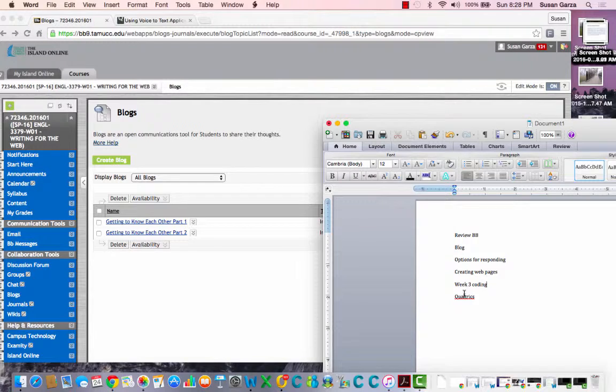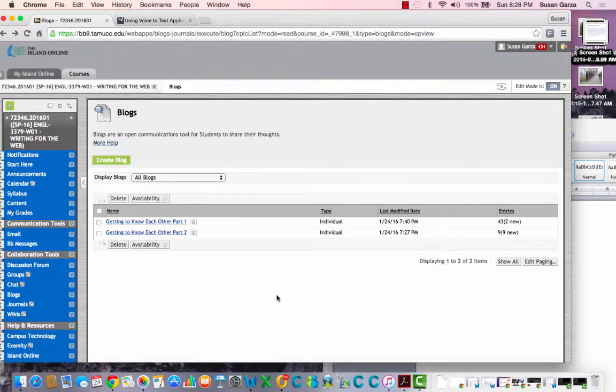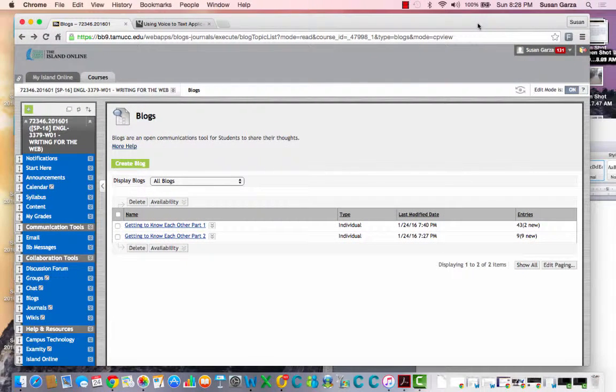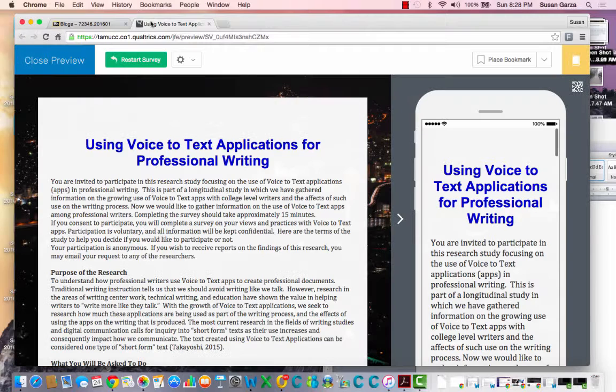Okay, talked about that. I won't go into much more detail. I just wanted to go over a couple of quick things, and show you an example that goes along with what we're talking about, writing for the web. Like I talked about earlier, we've got web pages, we've got things we do on our mobile devices, we've got blogs, we've got Facebook postings, we've got Instagram postings, and on and on and on.